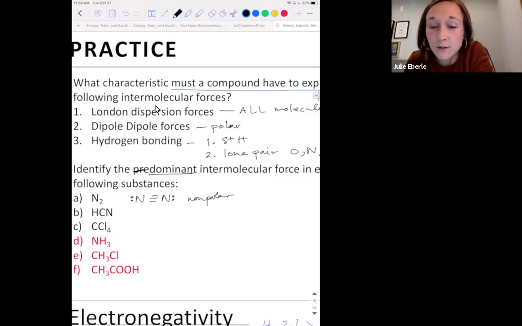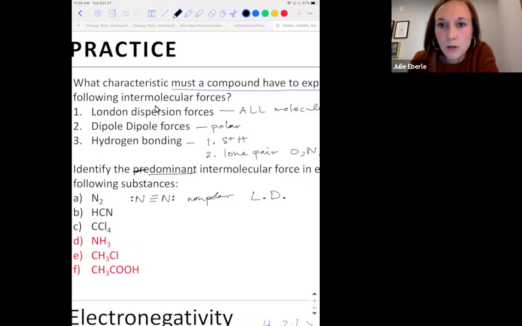So the strongest force here is what? London dispersion. Yep, I'm going to abbreviate it LD. Van der Waals, London dispersion, same thing. That's the strongest force for molecules of nitrogen. What about HCN? Let's draw the Lewis structure for that. We should have a carbon. It's got to have 4 bonds on it. Nitrogen has to have 3 bonds. Hydrogen has 1 bond. So how would you draw that out?